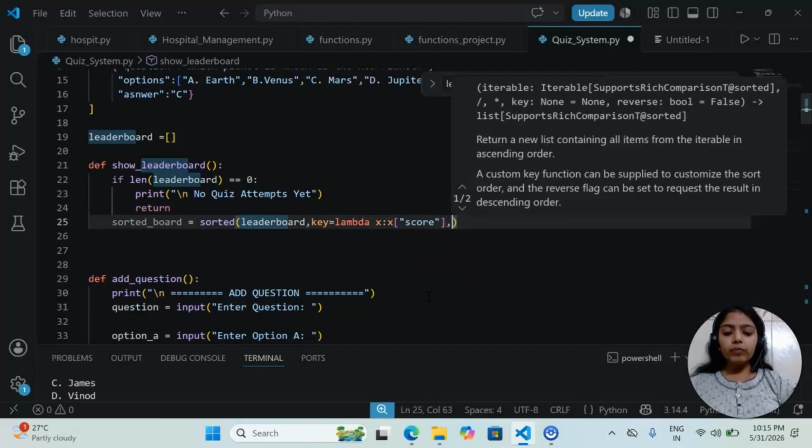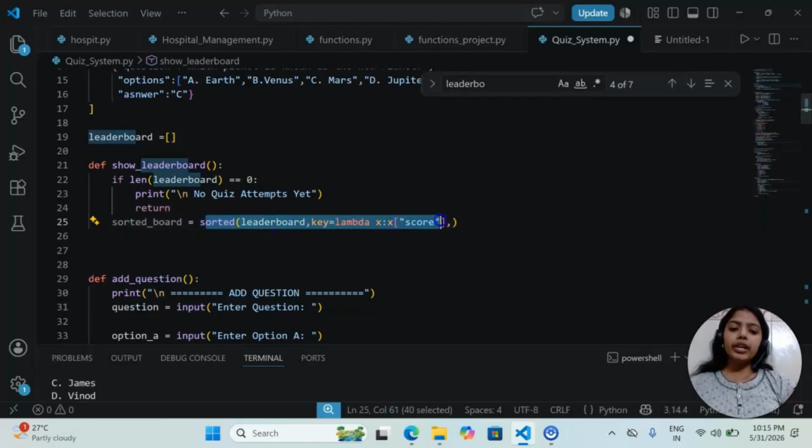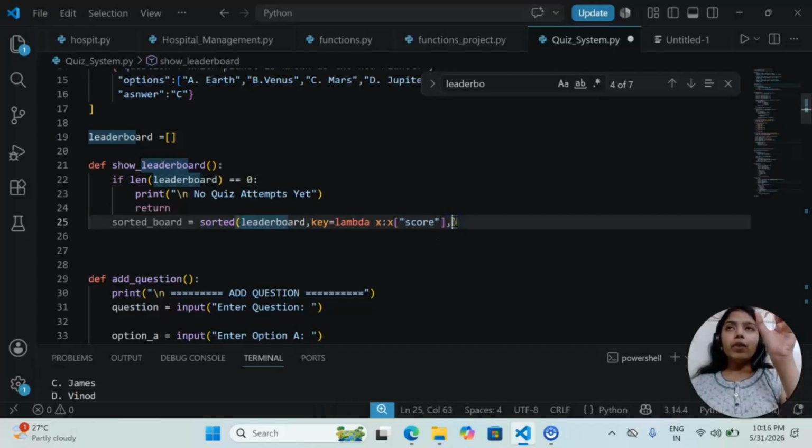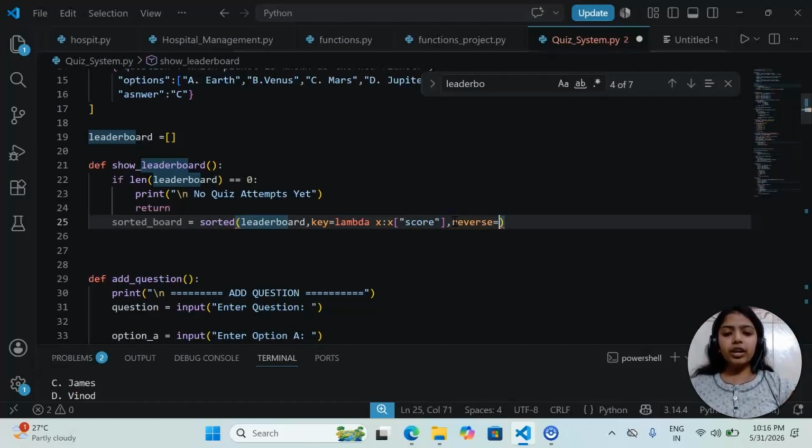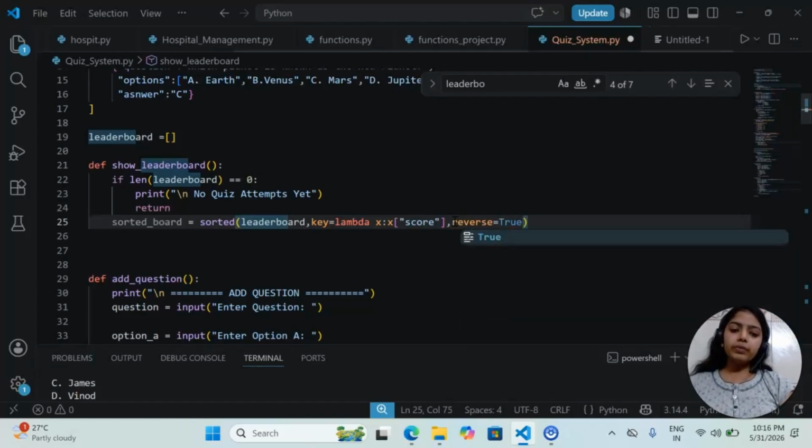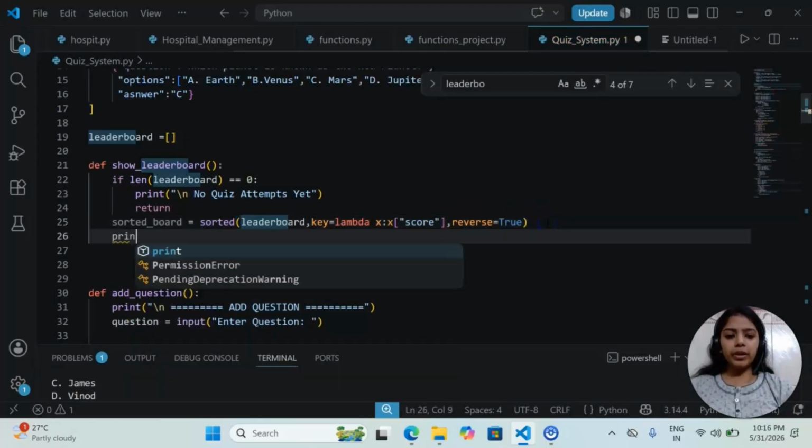So what will we do? That's fine, the sorted function sorted in ascending order. That means the lowest score person will be at the top, then higher, then higher, then higher. So what can we do? We can reverse that sorted list. Whatever has been provided in ascending order, let's convert it into descending order. So we will reverse the result. That's it. And then just print